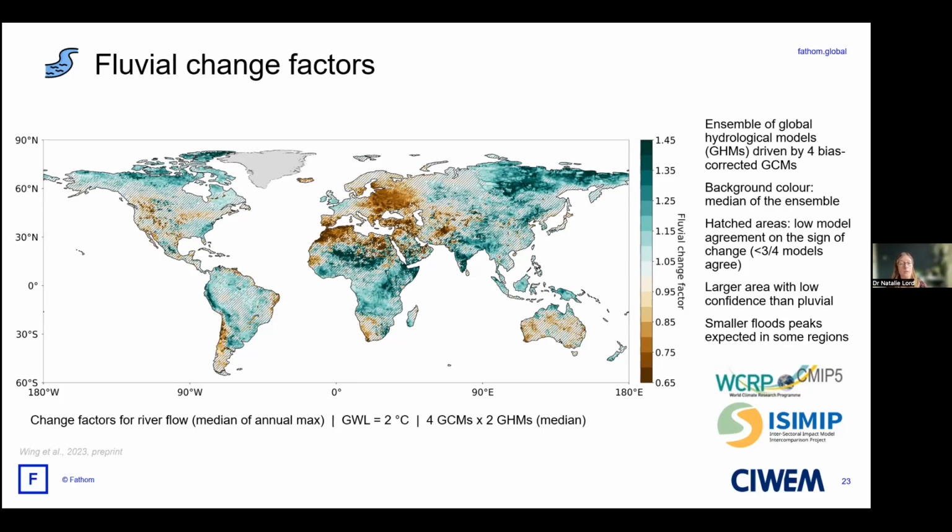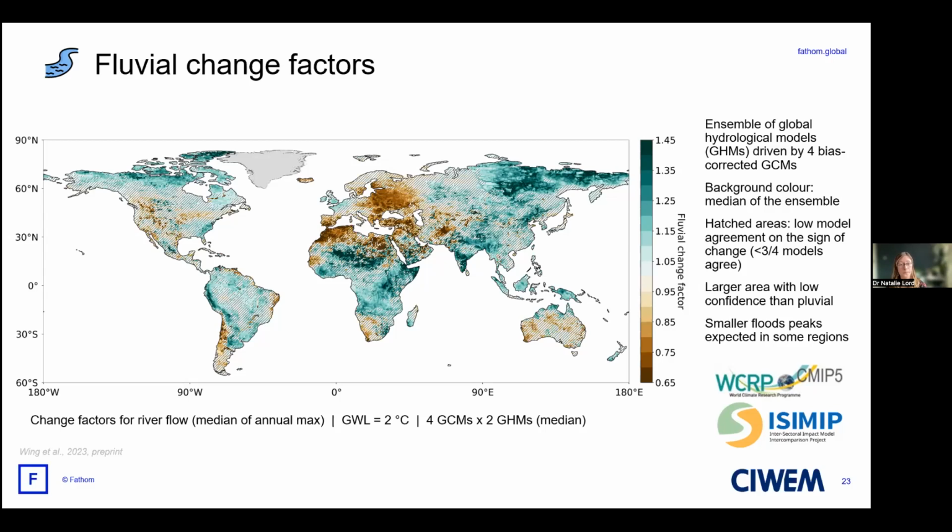And whilst we saw on the previous slide that extreme precipitation is projected to increase in most regions, the picture is not so simple for projected flooding, and Nans has already talked about this using some of those papers that he presented. So on this plot, you can see that the regions in green show an increase in flood peaks, but that actually many regions are highlighted in brown. And this shows that they're expected to have smaller flood peaks in the future at 2 degree warming level. And this is related to changes in different flood drivers in these regions, including soil moisture and changes in the